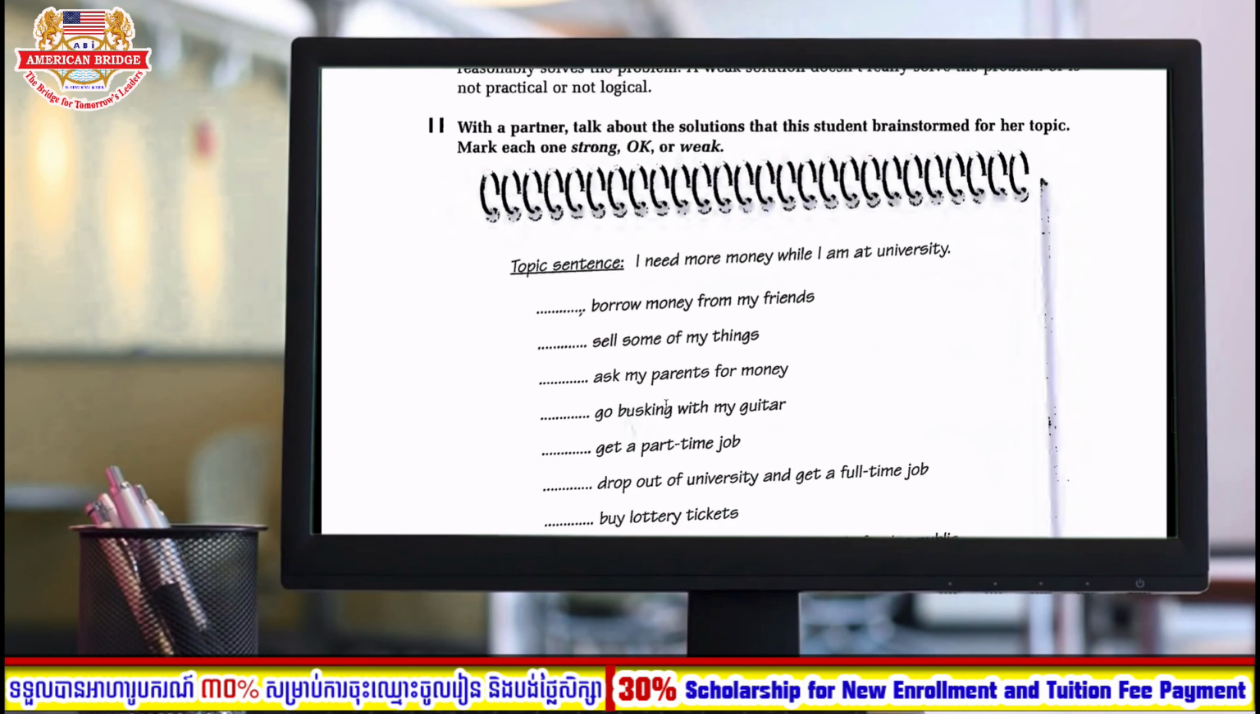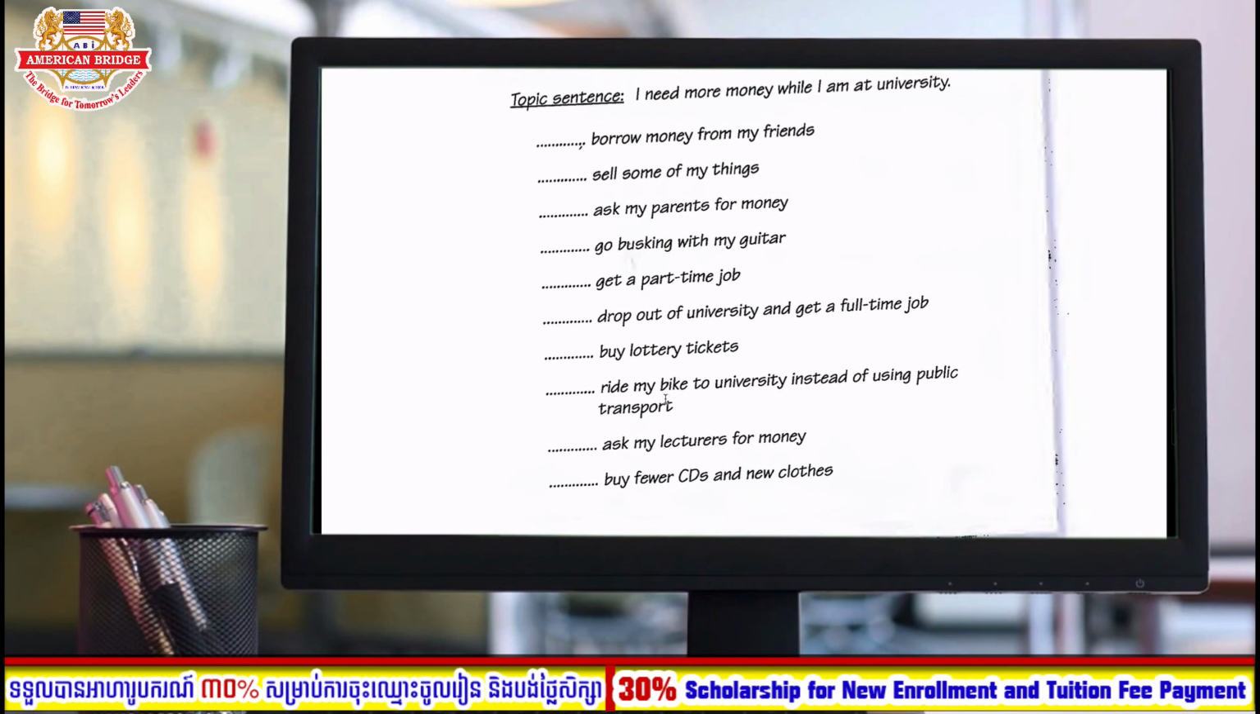If you look at the example here, we have the problem, which is the topic sentence: I need more money while I am at university. This is the problem. How to overcome this problem? Here is a list that the student brainstormed. Borrow money from my friend, is it a good solution? Sell some of my things, is it a good solution? Ask my parents for money, is it a good solution? You need to think of these and choose smartly,